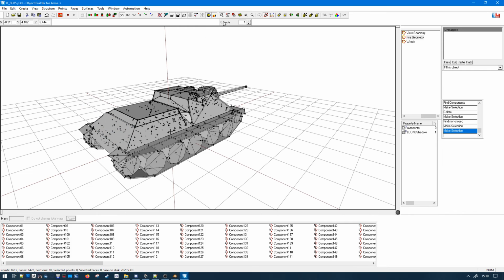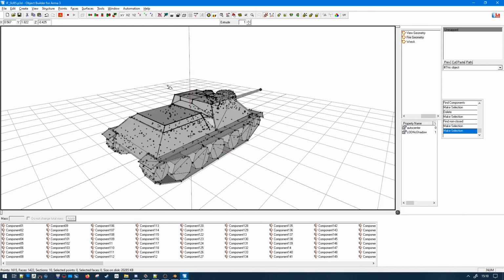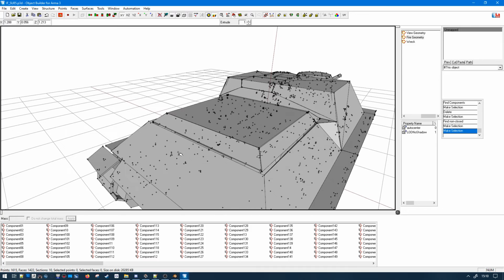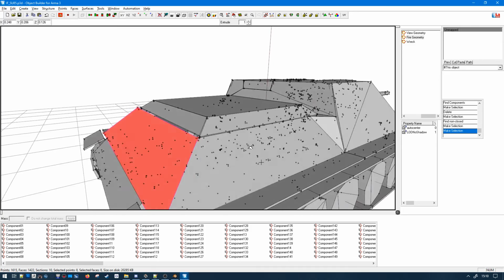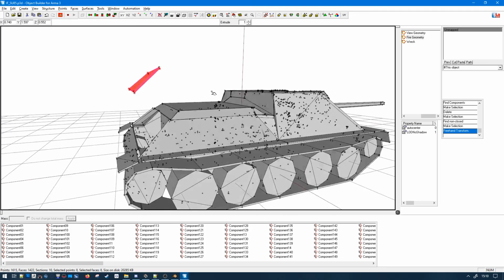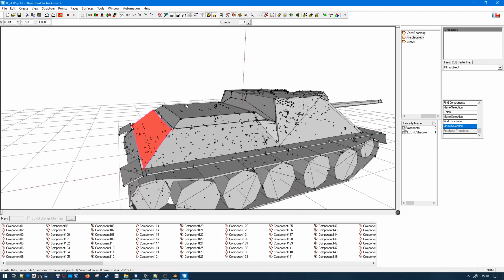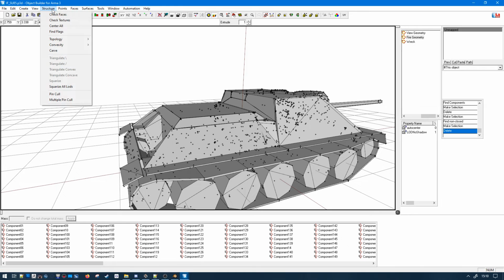Another option is to go into this mode here, touch face, and press Shift left click on the face, and it's going to select everything. So you just Shift left click, delete, inject your new one with the correct RVMAT, blah blah, and then fan components, and it's done. Yeah, easy. All right.